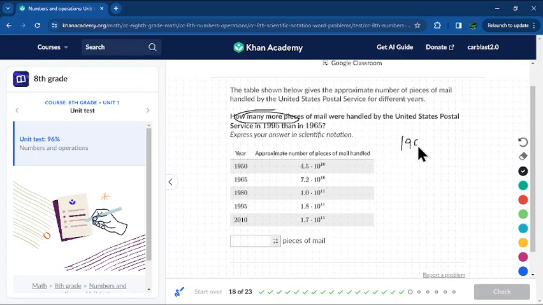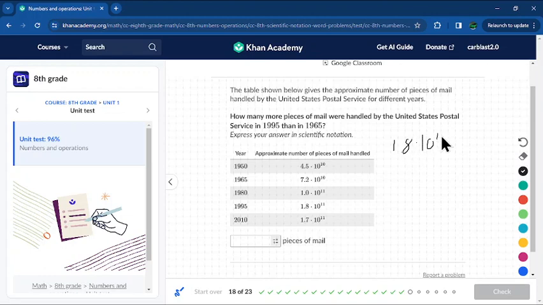This is also a function. Really? Because f of 1995 would be equal to 1.8 times 10 to the 11th. But obviously not everyone knows functions, so I'll just keep it short. So we have 1995, which is 1.8 times 10 to the 11th,